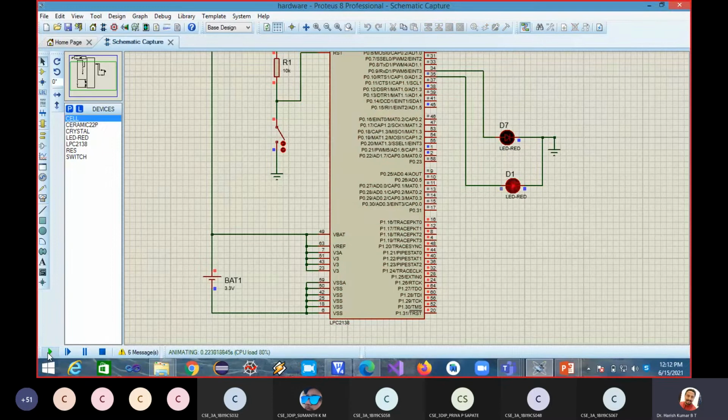Is it happening alternatively? Yes, sir. It is alternating. So like this, any logic you can go for writing. This is the simple example which we have started with for understanding the part B program.